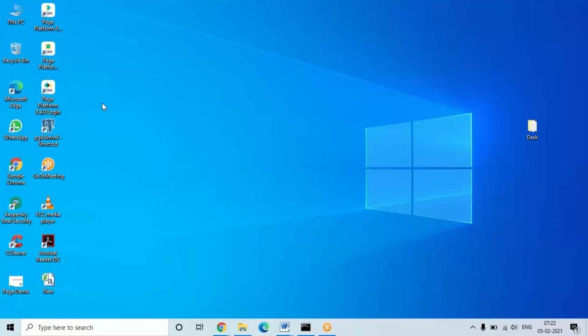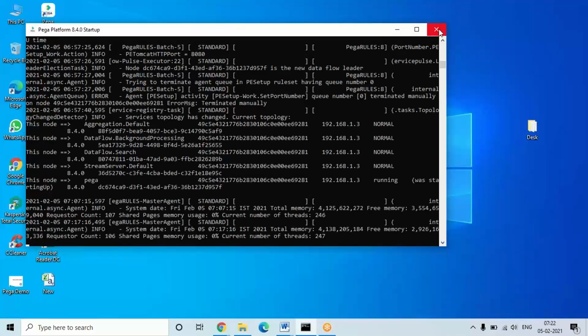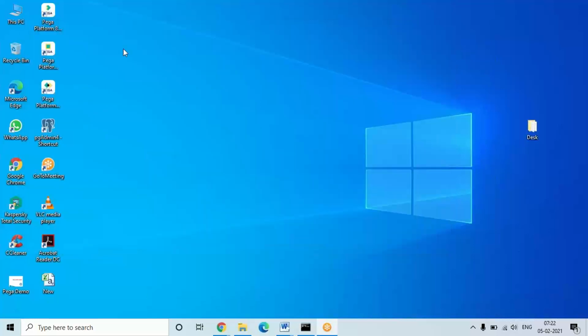Pega runs on an internet server. During installation, the server platform will start automatically. But if you want to shut it down, for example if you want to shut down your PC or laptop, you cannot directly click the close button on this window. To close it properly, you must click on the shutdown icon. Don't close that window directly. If you want to shut down the server, click on the shutdown icon.